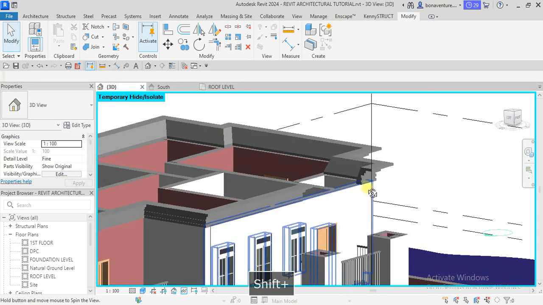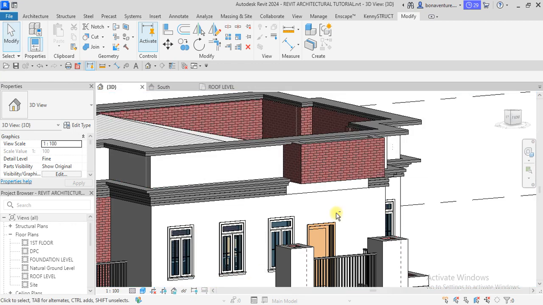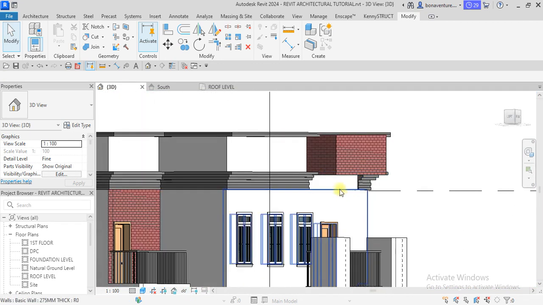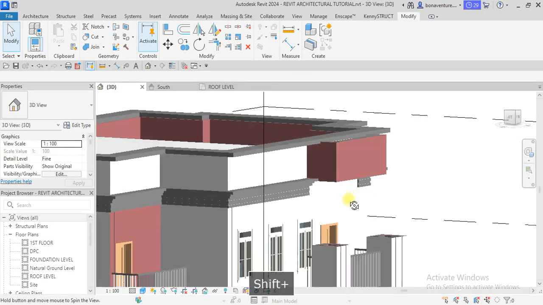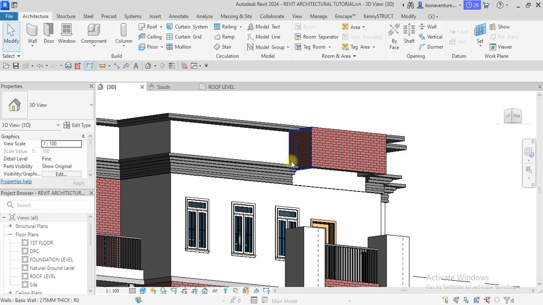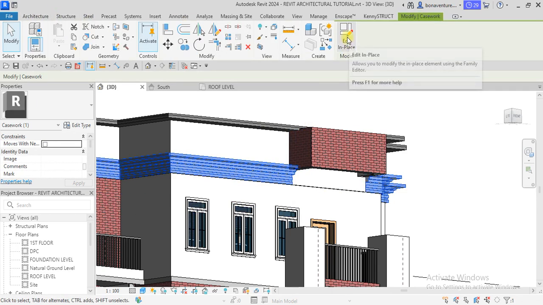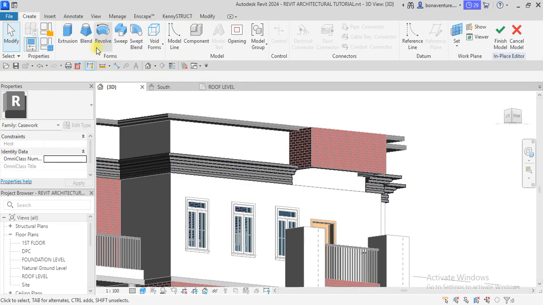Okay, so next, let me hide, reset temporary. Now the next thing I need to do is create, just as you have in this picture, this other part of wall element. So I'll come to this place, and remember that this is my wall. I will still go back to my architecture. I can go this way, edit in place, then come to create,